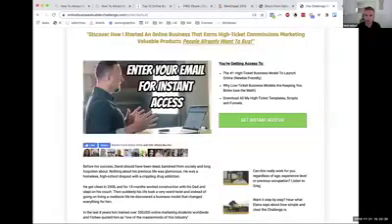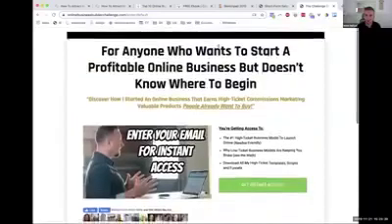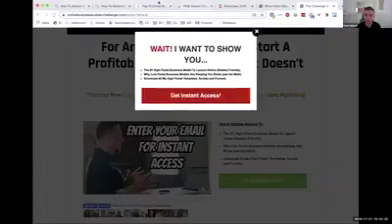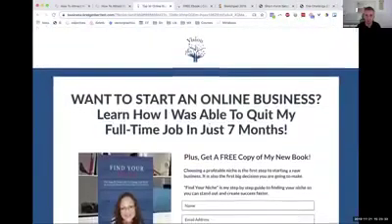And then the other element is the headline and the subheadline. You've done a good job here with this headline, okay? I wouldn't put this all in caps like this. I would just underline it. Having all caps is just a little bit